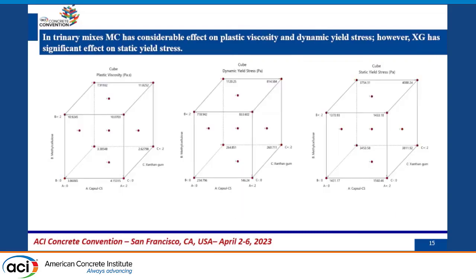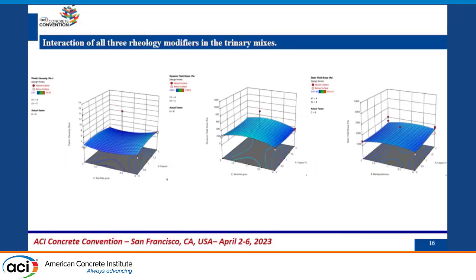So if we talk about the interaction of three different materials in the system, there were different behaviors that we can see. Methylcellulose has considerable effect on plastic viscosity and dynamic yield stress when we keep the cornstarch and xanthan content constant. But if we talk about the static yield stress, xanthan gum has a significant effect on the rise of the static yield stress in the system. And we can see this here in this